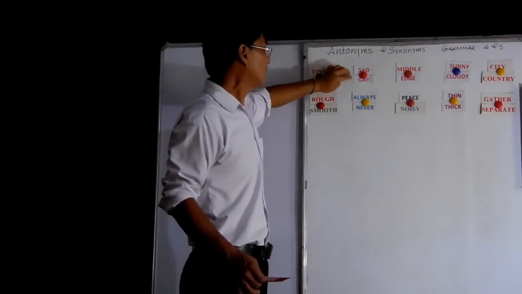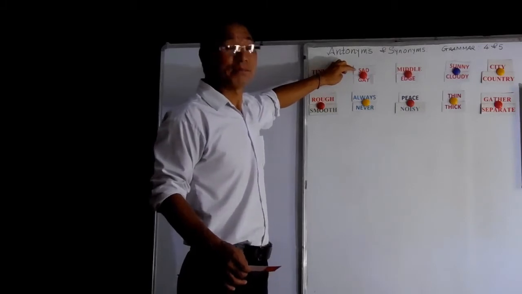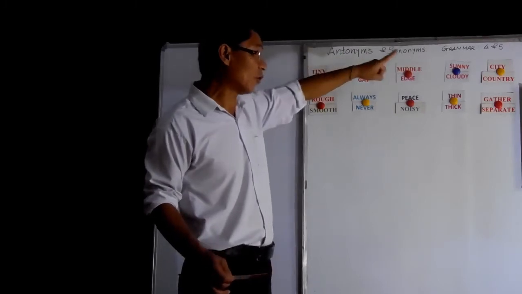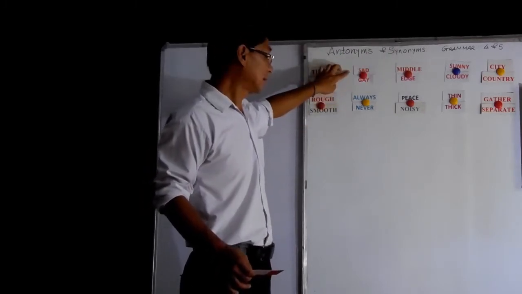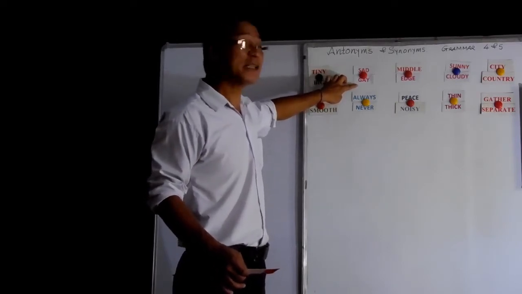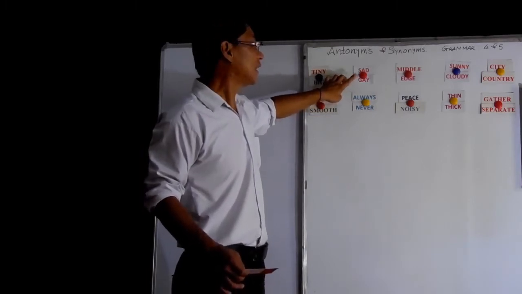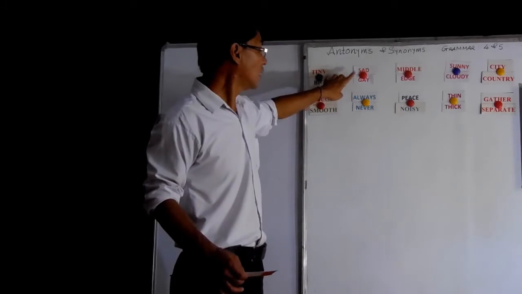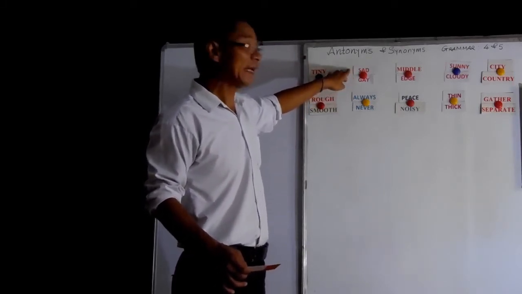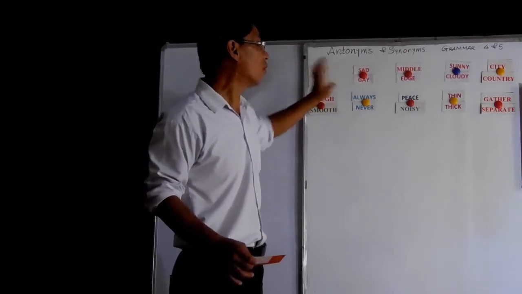Next one is sad. Now, this is a very common word, S-A-D, sad. Please listen to the pronunciations and you learn the pronunciations also, especially 4 and 5. So sad. Now this word is quite difficult. G-A-Y, gay. Now gay means to be very happy, pleasant. See, he is in a very gay mood. Or the opposite of sad is gay. Gay means happy, joyful. So he is very sad. He is not sad means he is a gay kind of boy.